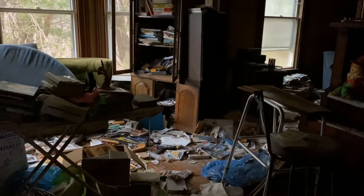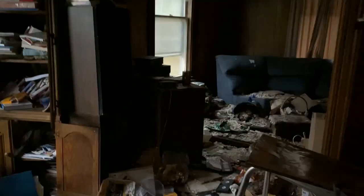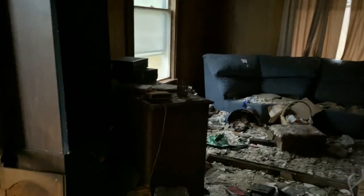Wow. Old piano. Looks like the ceilings are all coming down. Look at that hardwood underneath. A beautiful home to start to restore. But I think it's almost too far gone. If anyone knows the story of kind of what happened to this house,